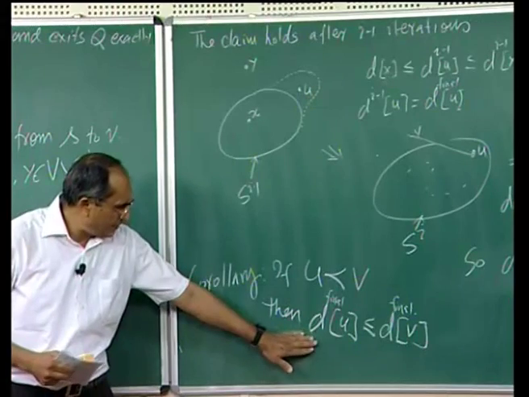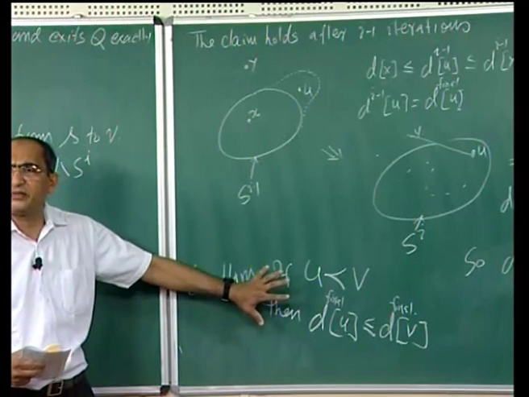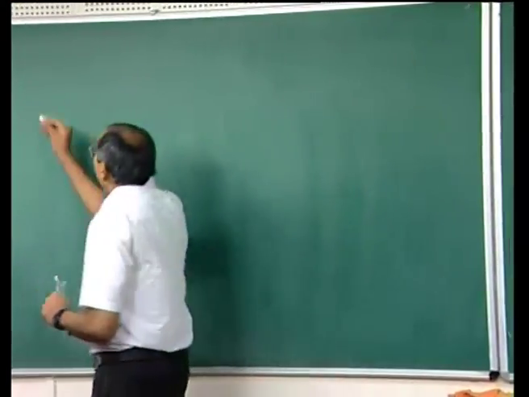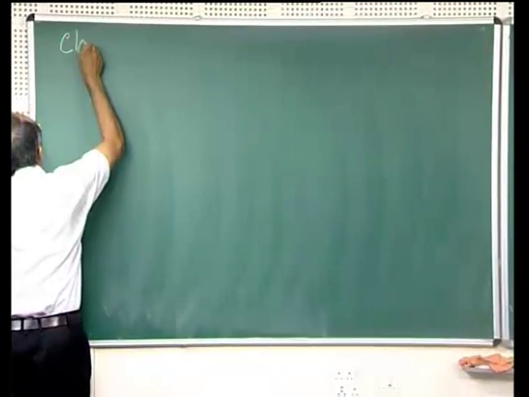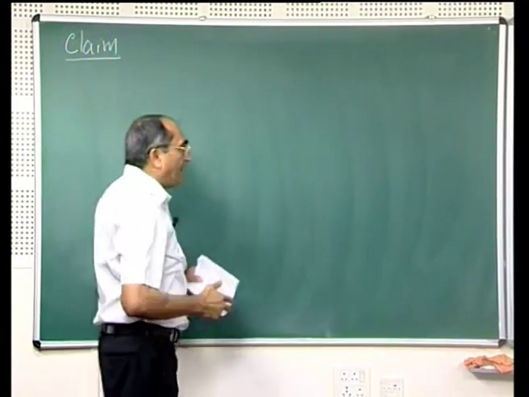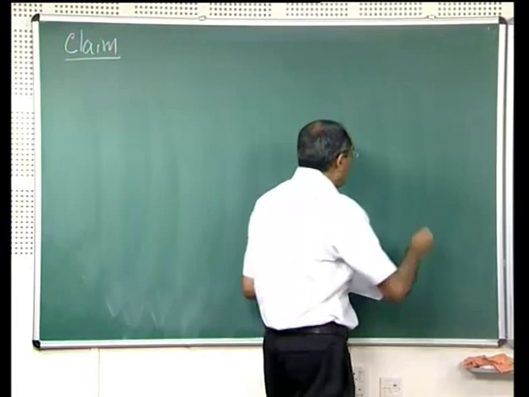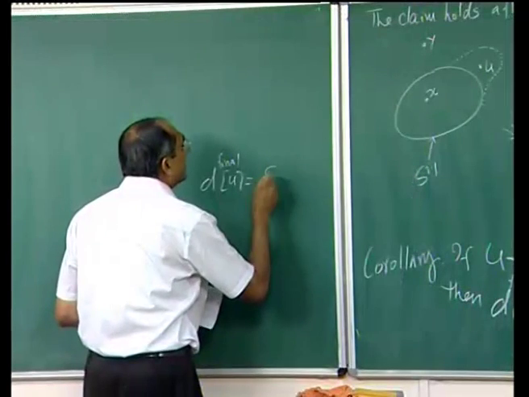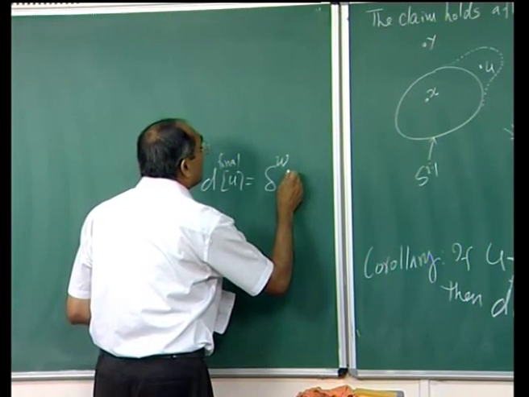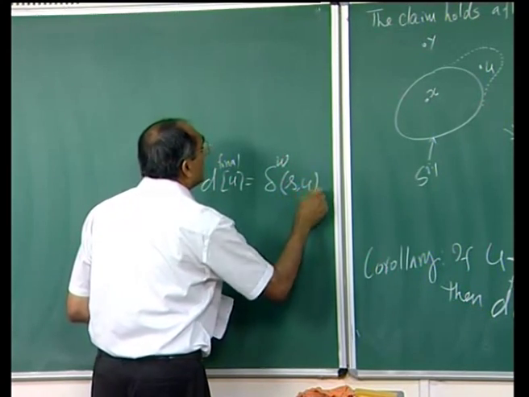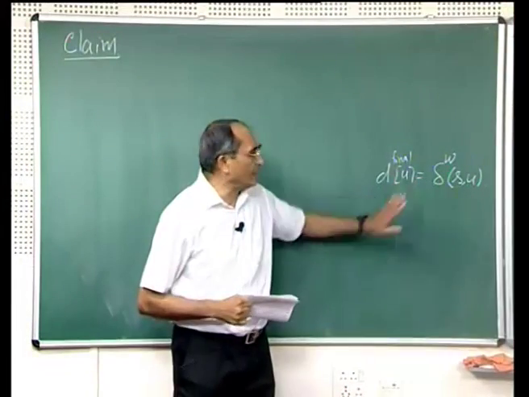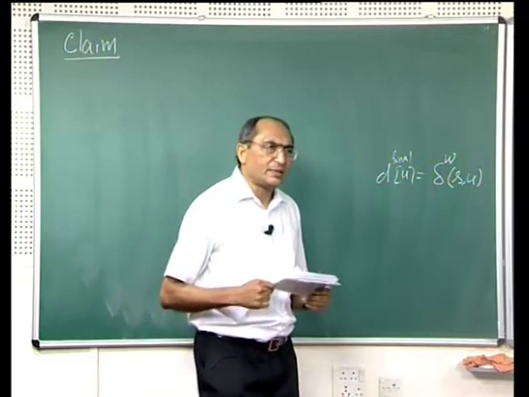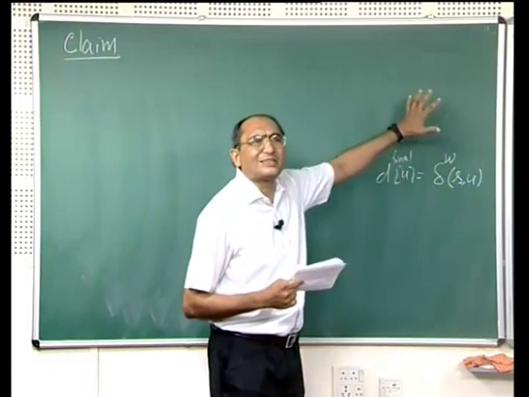So, this is essentially a similar kind of result that we had in the previous case. Okay. So, the last claim now, the claim that we want to make is that the final D value, what we want to show is that D final of every vertex U is its shortest path value, the weight of the shortest path from S to U. We want to prove this. This is our final objective, but we will not be able to directly prove it. We will prove this along with another claim and we will try to prove both simultaneously.